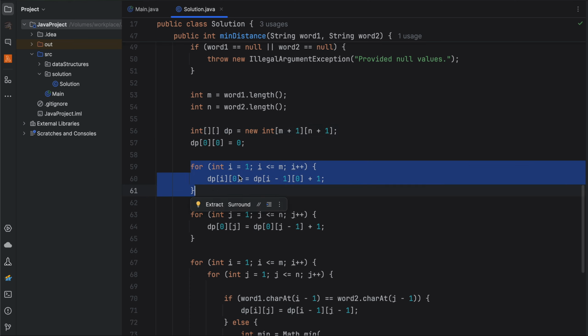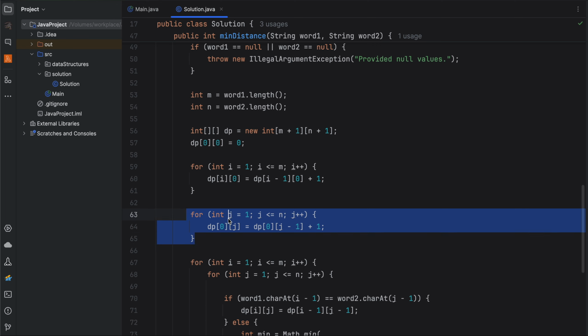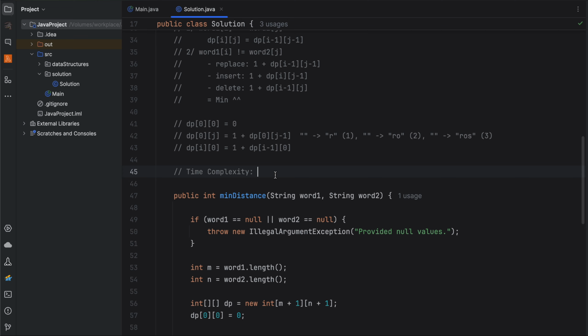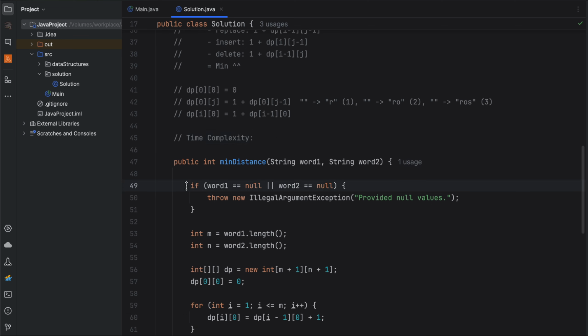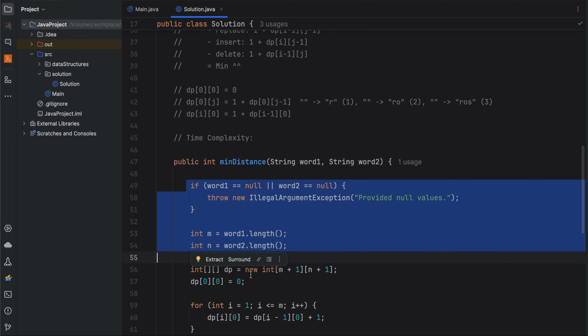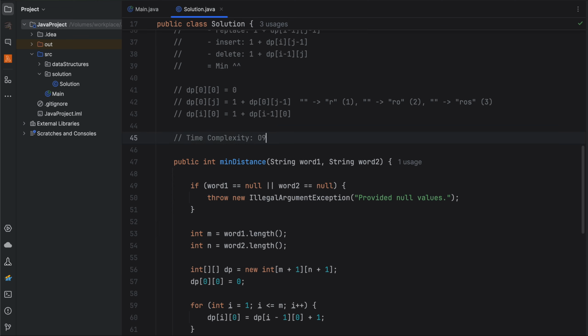To initialize the first column of the matrix, it takes m plus 1 or m iterations. So this is O of m, and this is O of n to initialize the first row of the matrix. So for all of this I'll use a constant number of operations, so O of 1 plus O of n plus O of m,